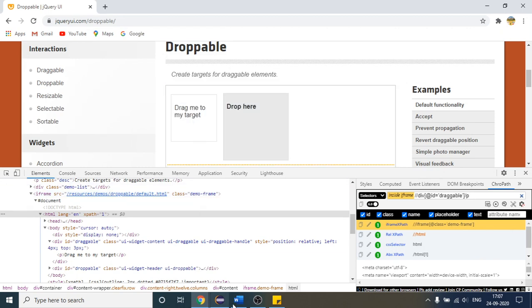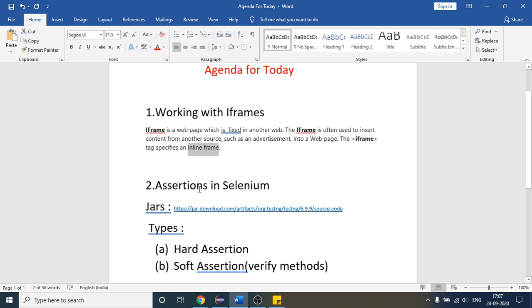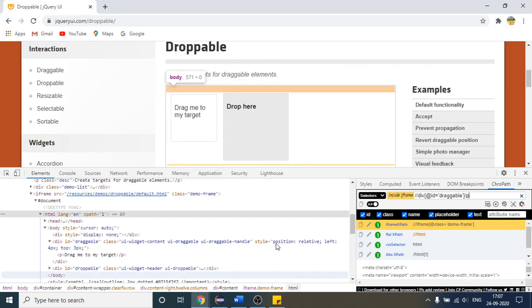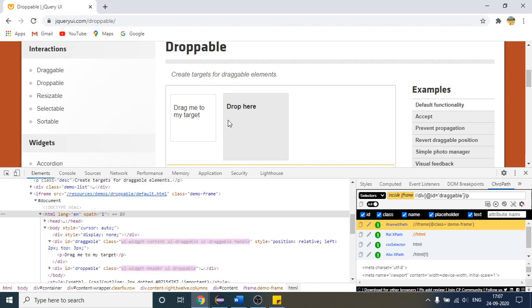And if I come to the definition part again, an iframe is just like a web page which is embedded in another web page. Suppose there is some line of code here, or you can say these boxes as well. These two boxes might be coming from another web page, but here they have smartly used the concept of iframe so that they are able to display the content here. As of now, assume these two boxes are coming from another page.